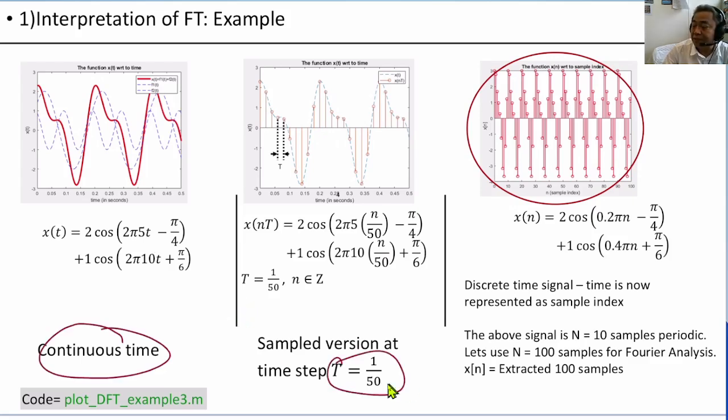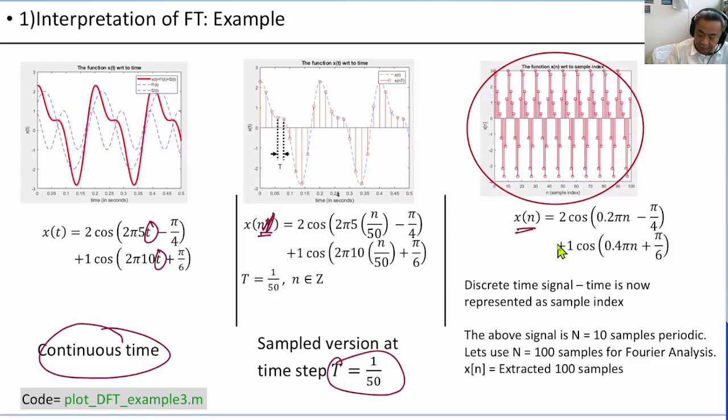We're going to sample the signal at 50 Hertz. That means T, the sampling period, is 1 over 50 of a second. So to convert continuous time to a sampled sequence of sampling period T, we replace t by nT. So all the t's here are replaced by nT, and capital T is 1 over 50, so it is n over 50. We then simplify and we throw away the capital T, which is the sampling period,